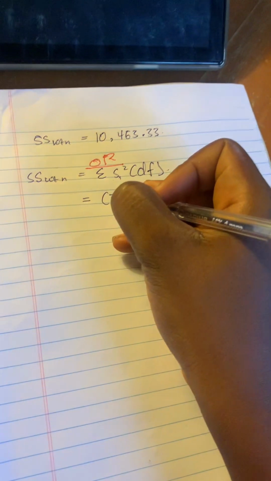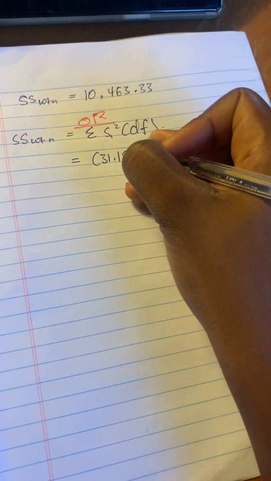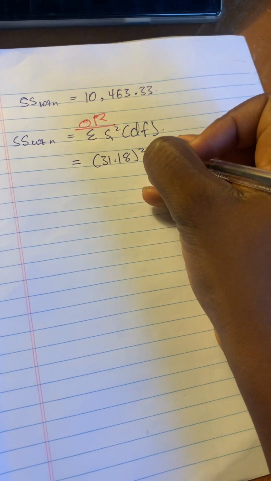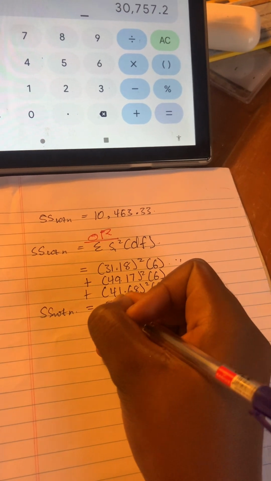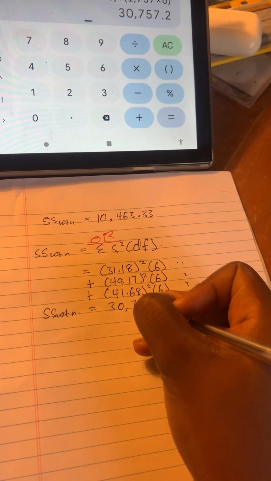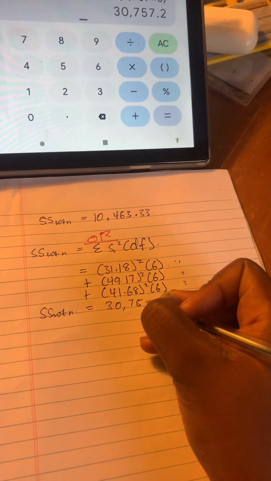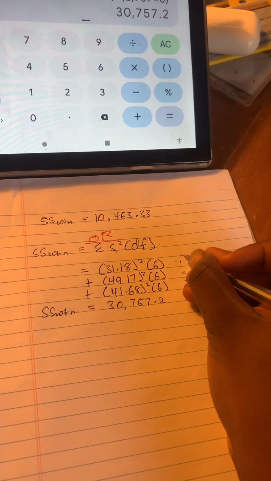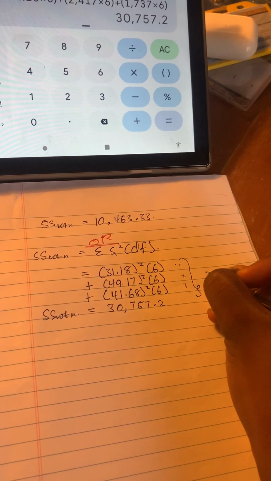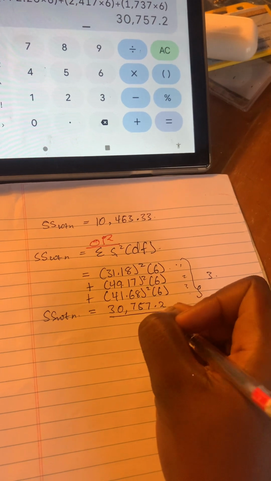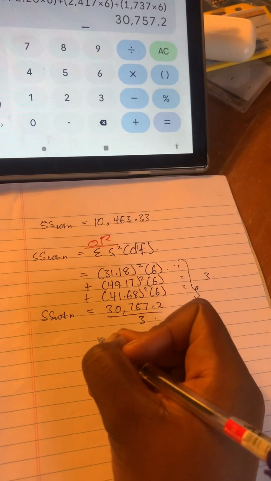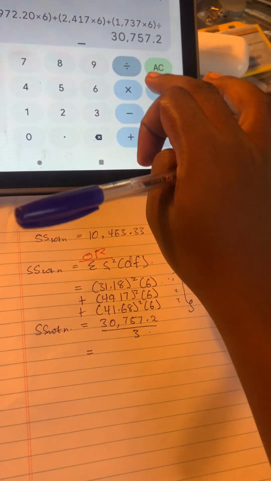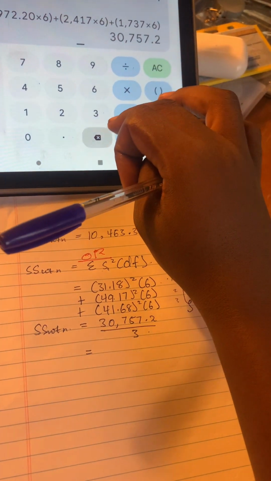So 31.18 times 6. Then we do the second one, then the third one. So when we finish, remember that we have variances for 3 groups, so we are going to divide by the number of groups, which is 3. If it's one group, it's just 1. So we got